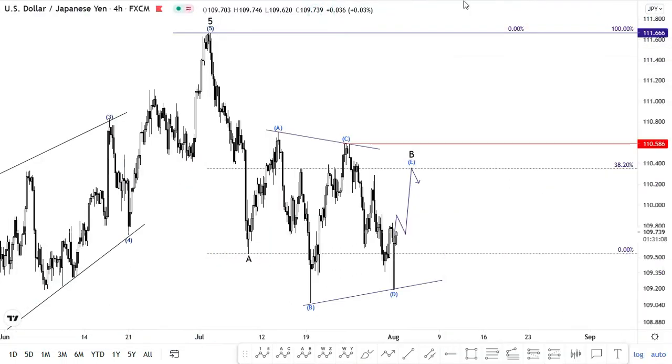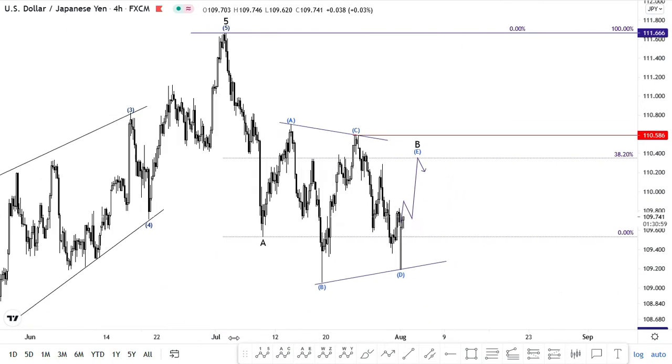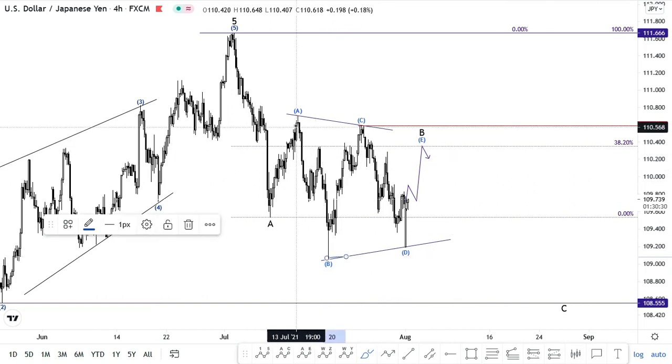Now we are here, and we see price is still correcting. I've been expecting price to edge a bit lower, but as price holds at the moment, it seems like we are seeing a complex structure which is choppy. But what I'm observing about the swings is that they do not overlap.